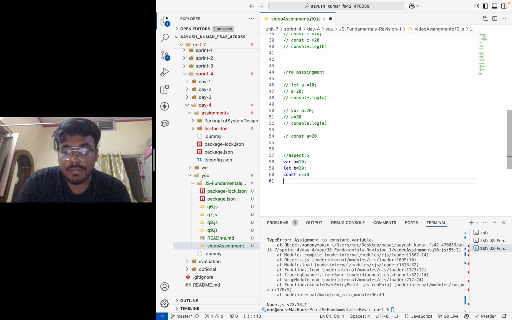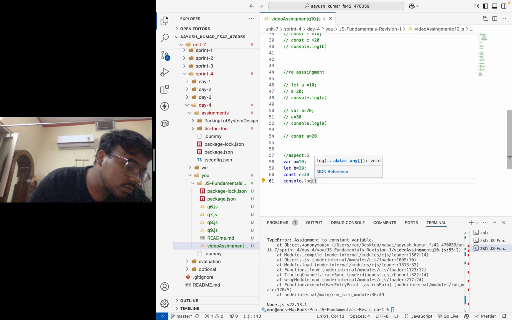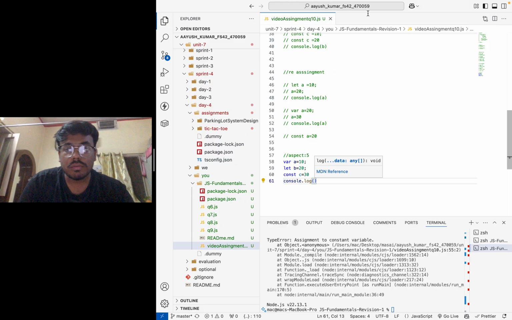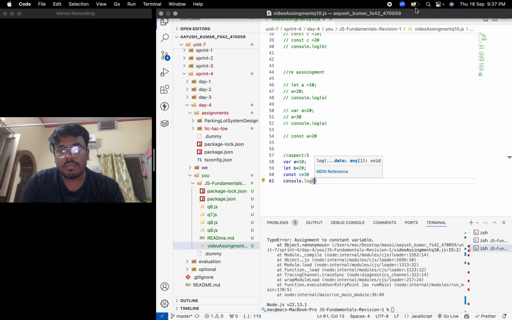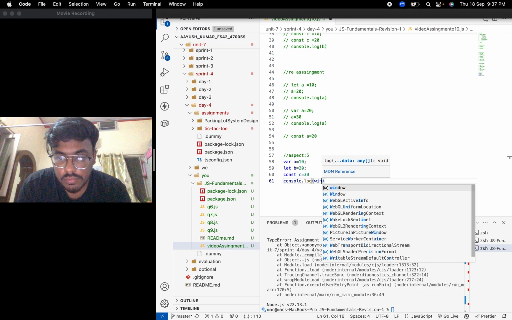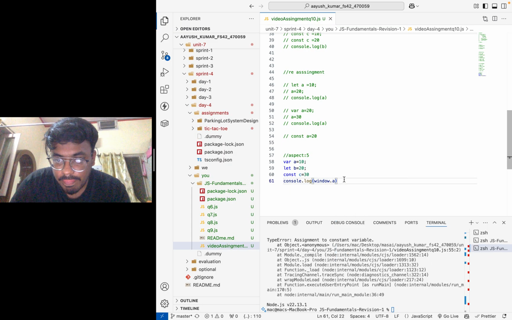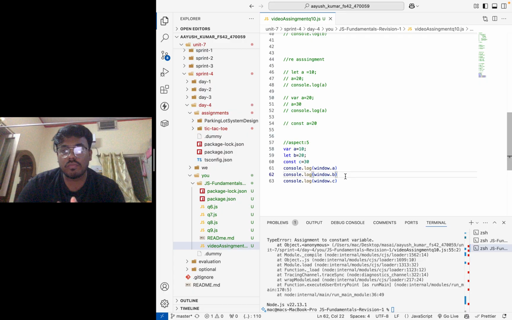Let's just check. console.log window.a. So in first, what will be the output?